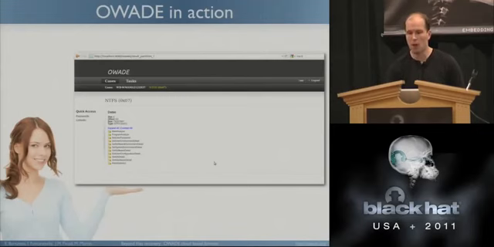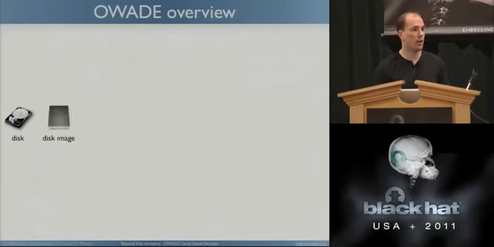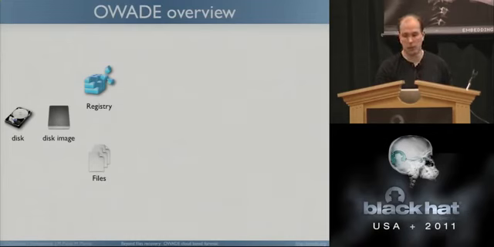So how does OWADE work? What is the big picture for that? First you take a disk, and then we're going to make an image of this disk, as we're not allowed to tamper with evidence. When we have this disk image, we're going to extract the registry from this disk and also the files. When we have that, we're going to go deeper into the hierarchy and do more advanced analysis. The first one being we need to recover the Windows credential.